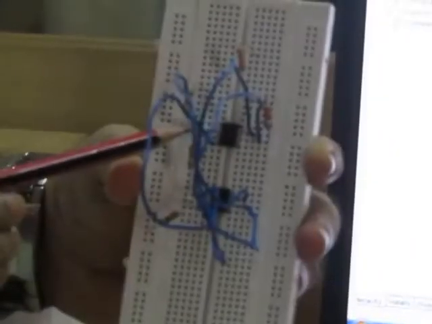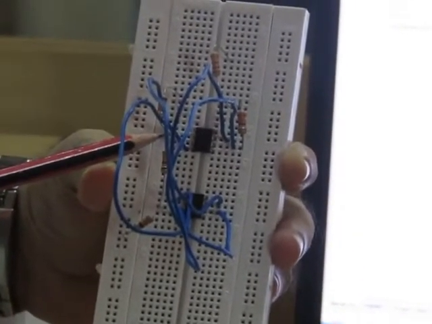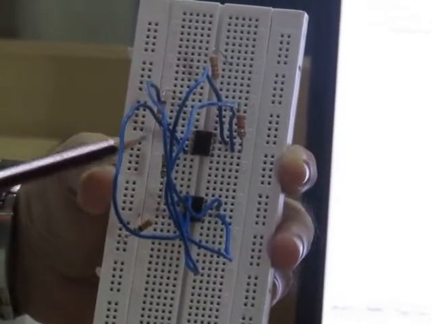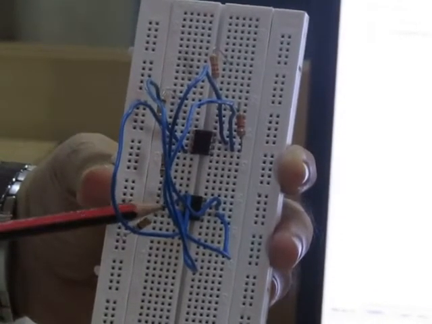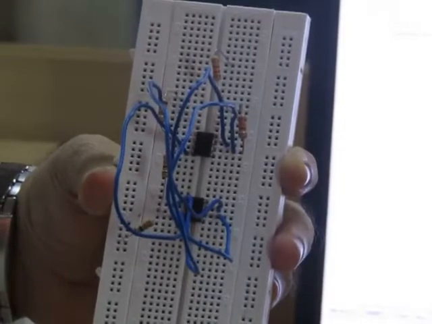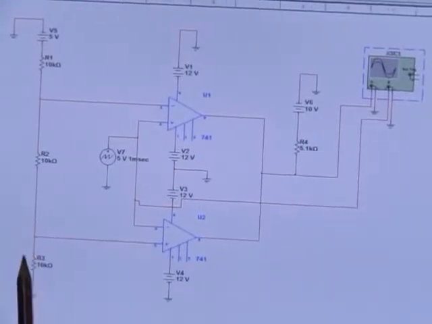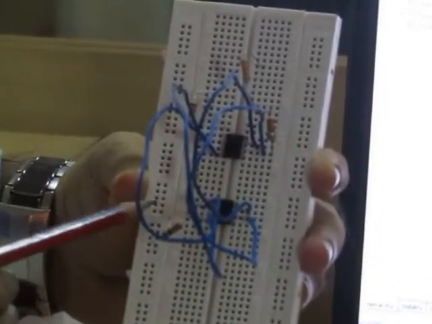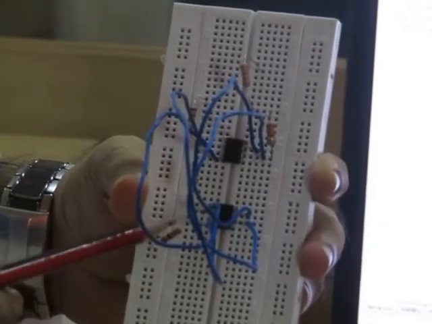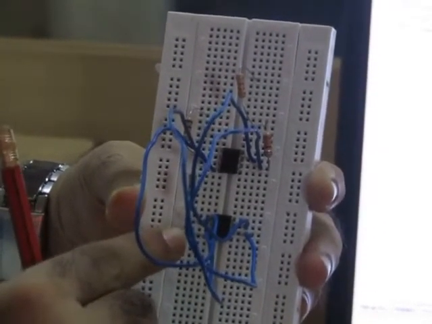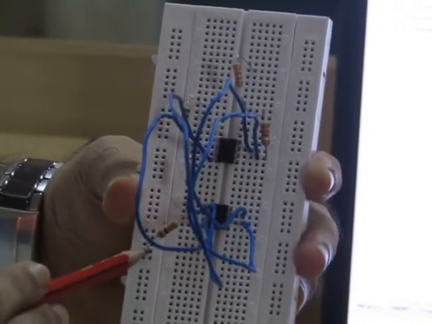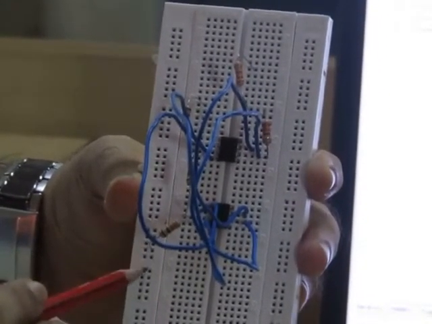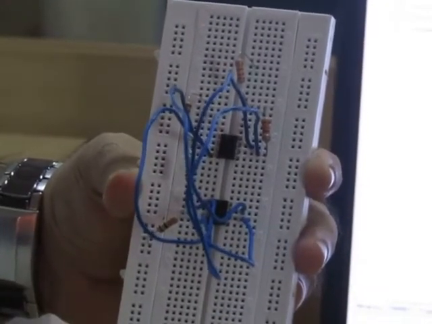So that is what you can see here, pin number 2, from where I am going to connect one leg of this R2 resistor, and another leg of this resistor will be connected to pin number 3 of this op-amp, right. The next one, from pin number 3 I am going to connect one more resistor of 10 kilo ohm, and another leg will be connected to ground, right. From pin number 3 of the second op-amp, I will connect one leg of this 10 kilo ohm resistor, and another leg will be connected to this portion. Here I am going to treat this part as ground.